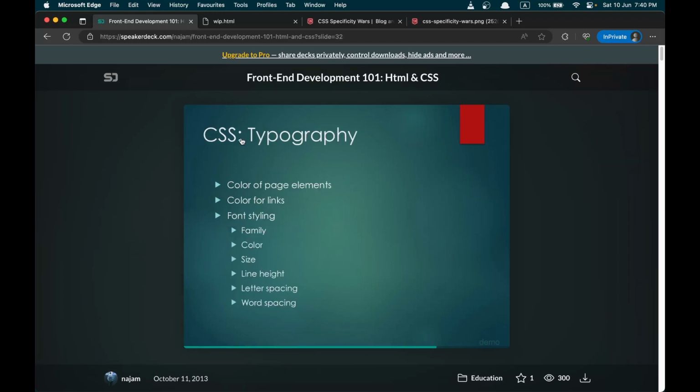So now we have some typography. With typography, what we can do is play with font sizes of elements. We can change the font weight, like bold or normal. We can change the style, like italic or non-italic, I guess. And you can also change the family of it. You can also change the line height that is mentioned here. Also the letter spacing and word spacing. So let us go back to our code